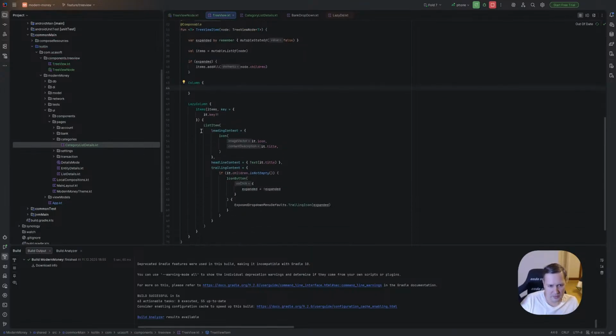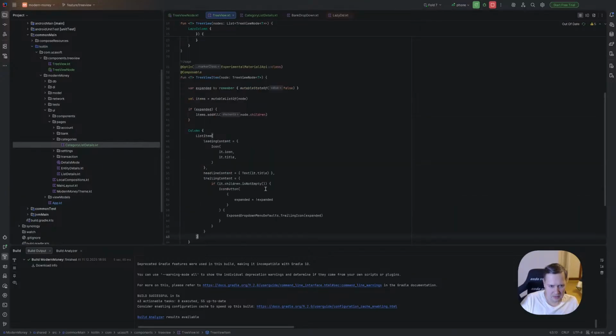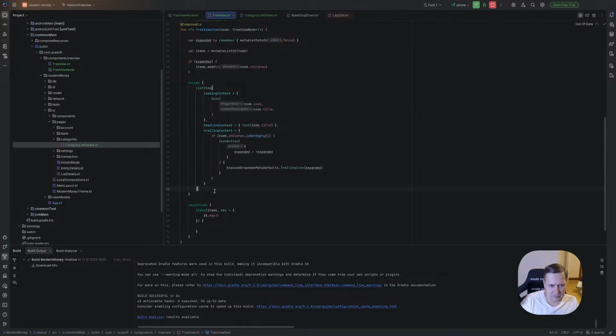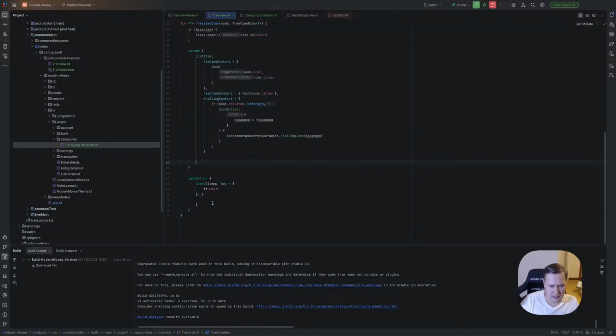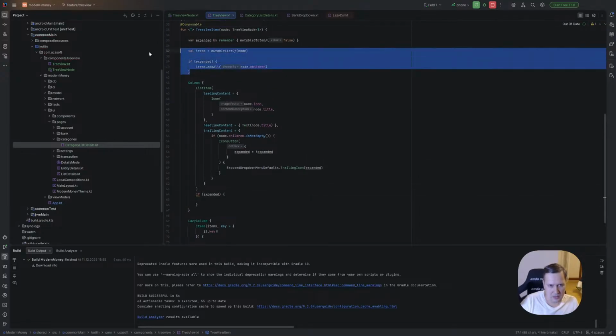So we have this list item, still like replace it with node, and node. But a second, if expand, so we don't need this.